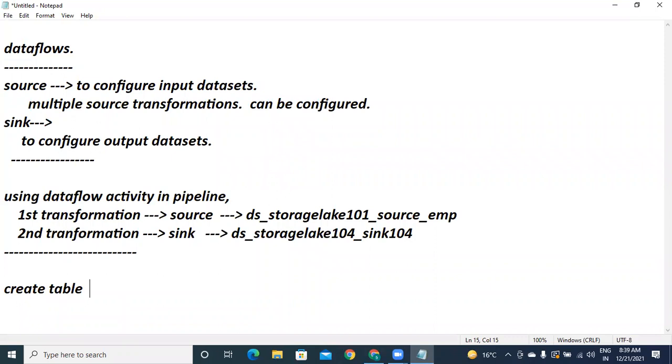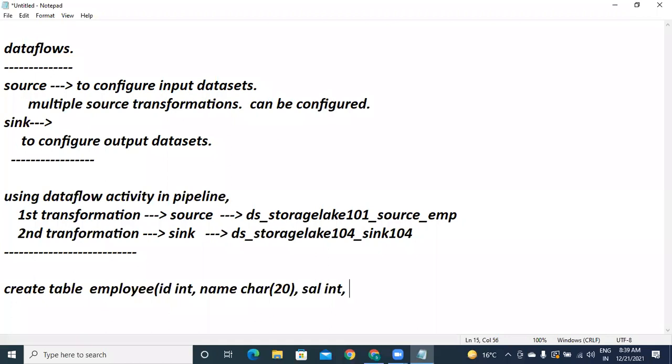Table name, let's say employee, ID int, name, next field salary. In this example, I'm going to use the exact same sequence of columns with the same names because I want to use auto mapping.